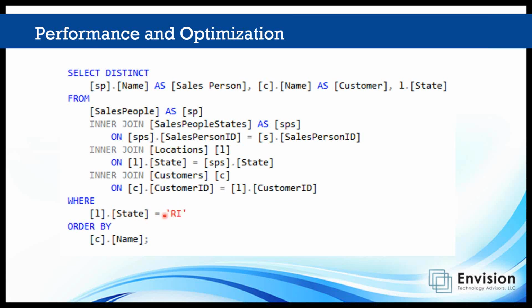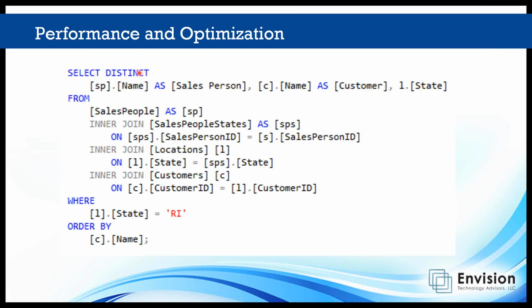It's going to get the location that's Rhode Island, so it'll start here. And then it's going to grab the salespeople states and go up to salespeople and then grab down to customers, etc. And then it's going to get the result set that works with. And then it's going to assemble these three columns,